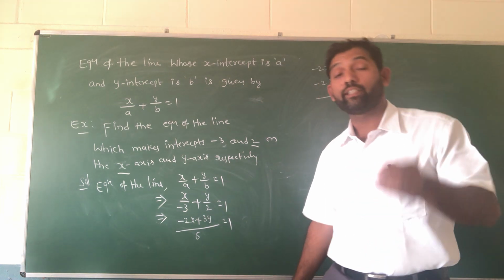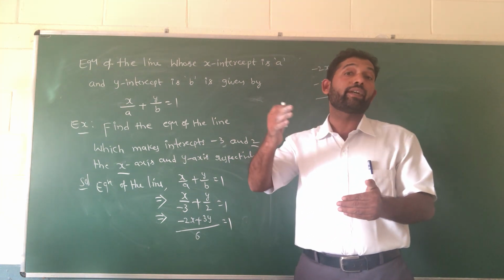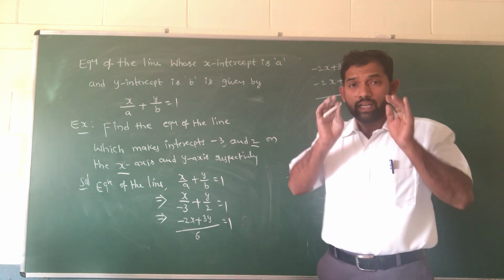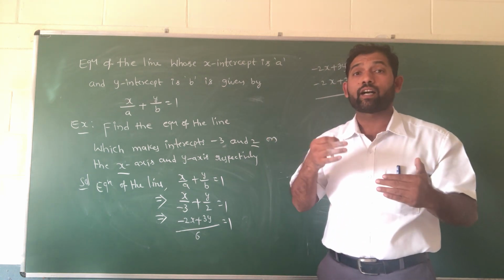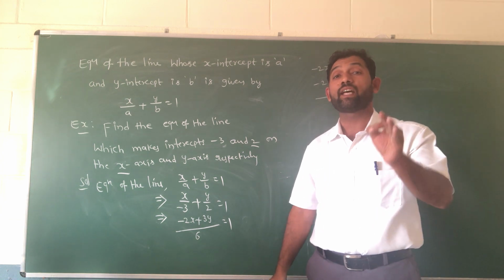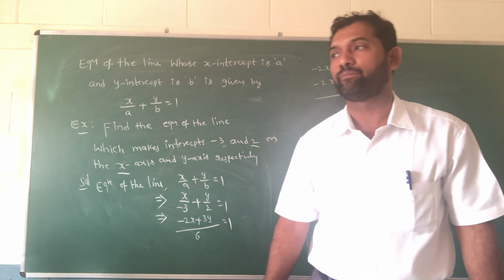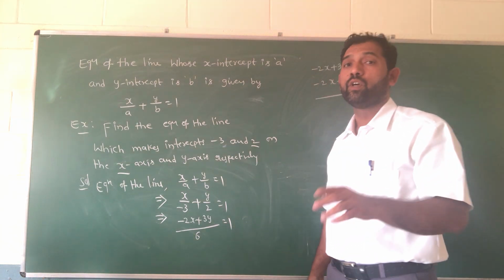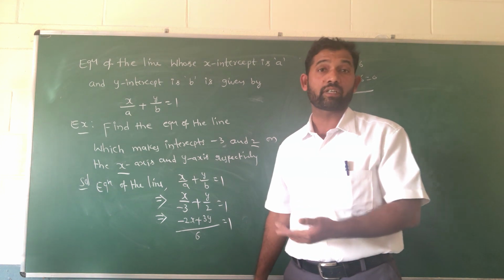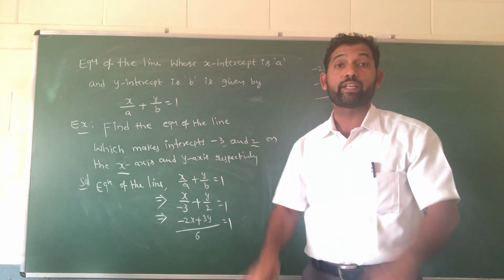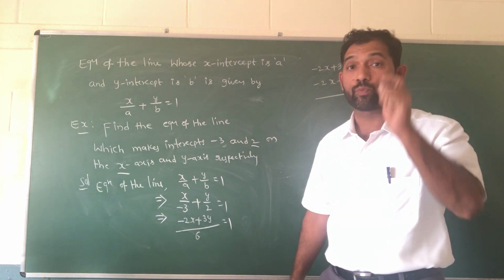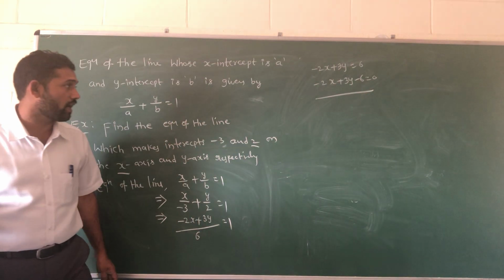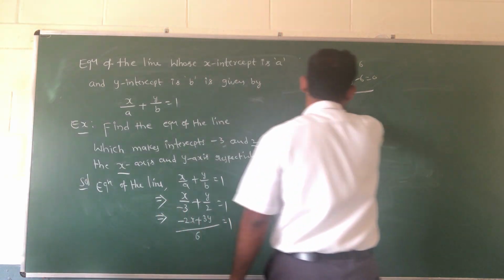So we are discussing different concepts today. What is the common point? Equation of the line. Once the point is given, we can find the equation. Once the slope is given, we can find the equation of the line. If the intercepts are given, we can find the equation of the line. Last point: note down the normal form.